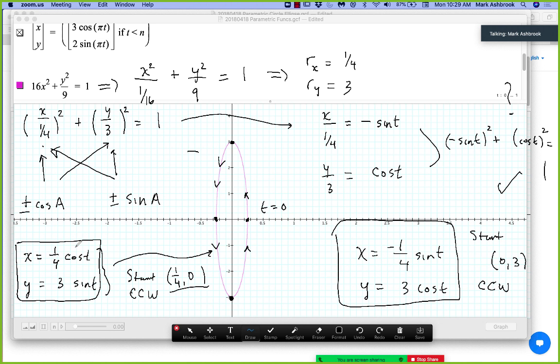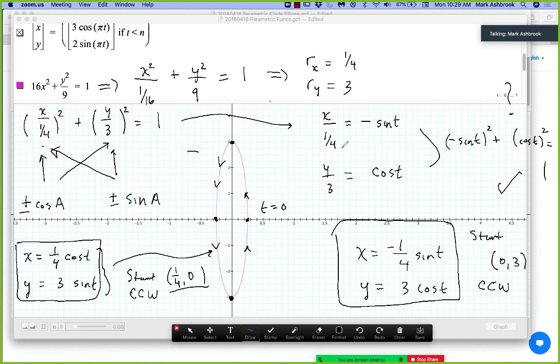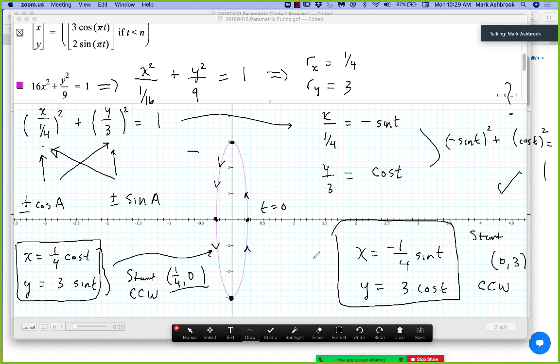Because here, both of these were positive, and here one was negative and one was positive, and these both went counterclockwise, right? So that just means there's no rule for both of them being negative or both of them being positive meaning a certain direction. Okay,